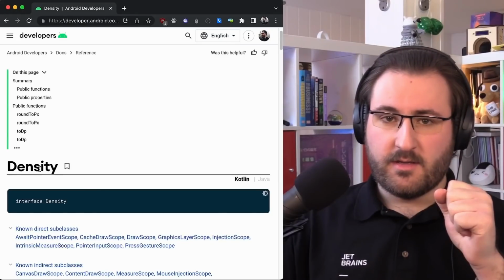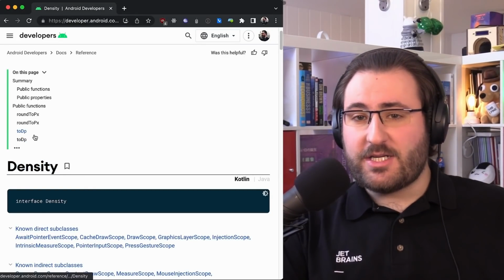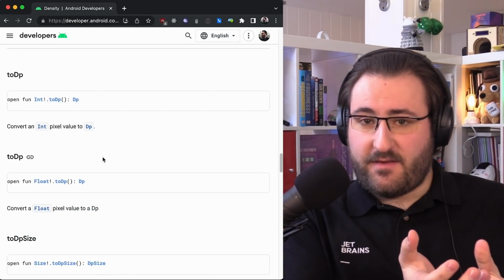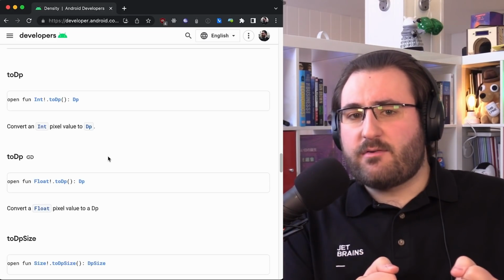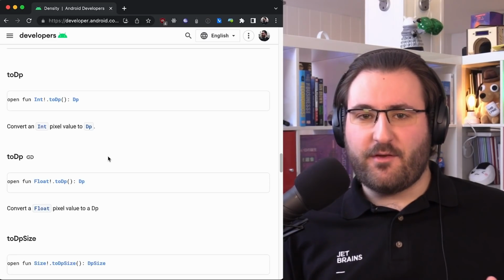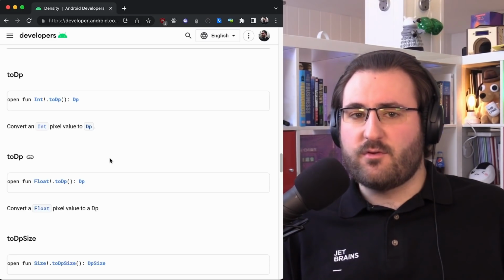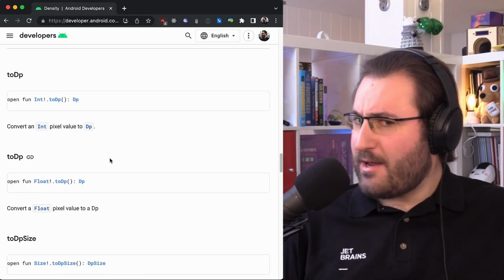Another example that might resonate with you Android developers out there is the work with different types of measurements for pixels. Very briefly explained, Android differentiates between DP, that's density independent pixels, and PX, actual physical pixels on the device. So right now the conversion functions are actually defined inside the density interface, even though they extend the DP class. Again, we ask ourselves, is this really the right place for those functions to live? Should density even have to know about the concept of a device-independent pixel?